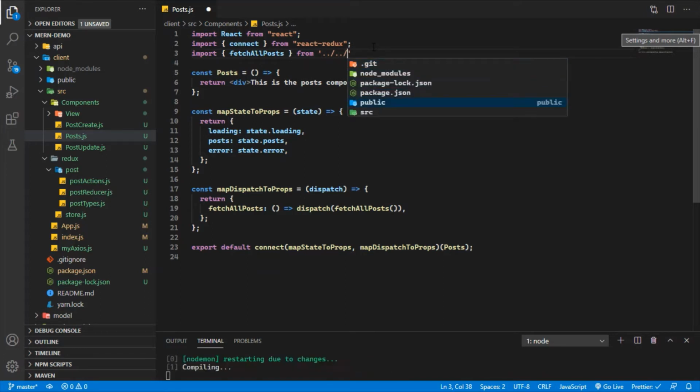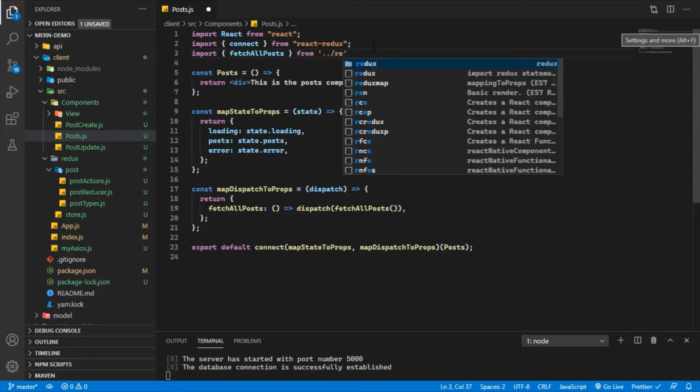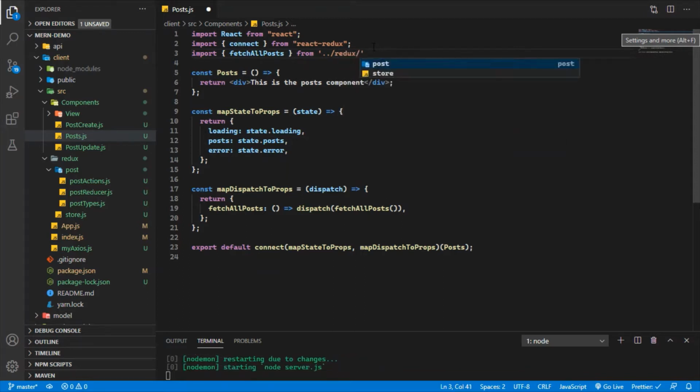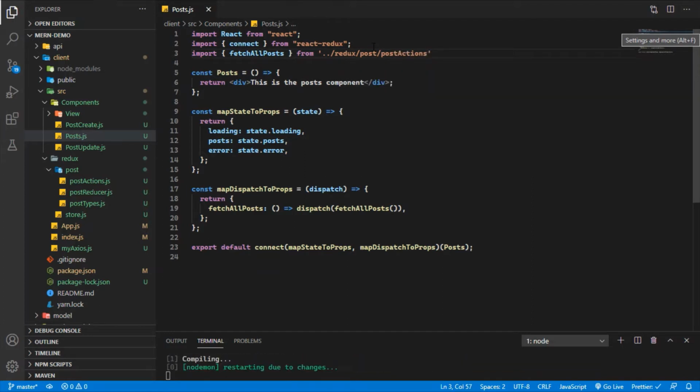We are in the src, and then we have to go to the Redux, and then in the post, and then from there we have to go to post actions. So we are done here. Sorry guys, I just had a problem, and right now I'm continuing with the video again.